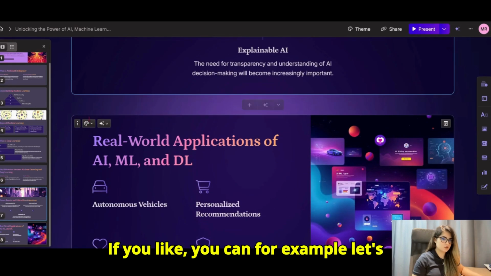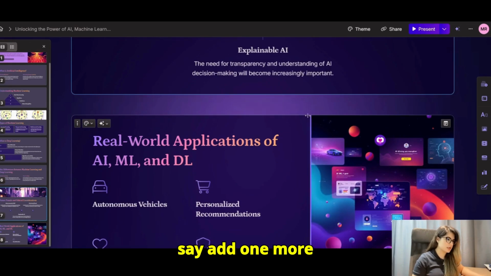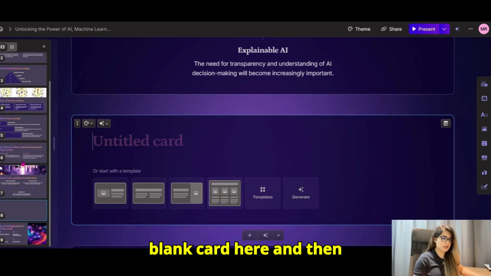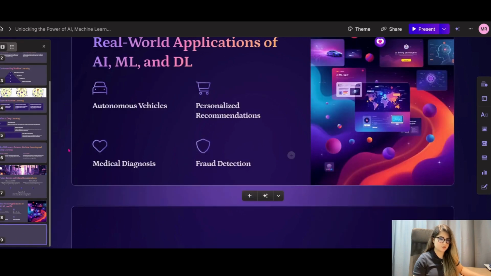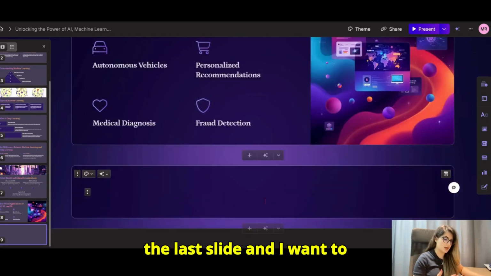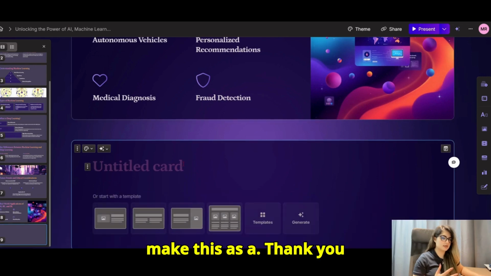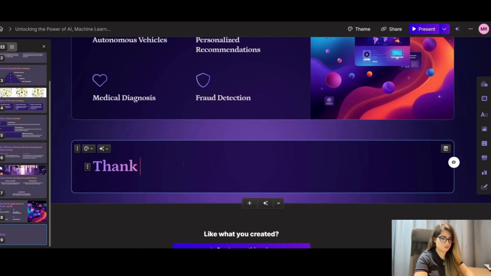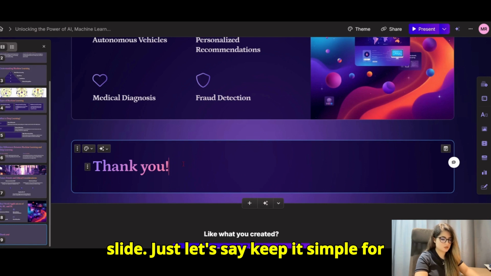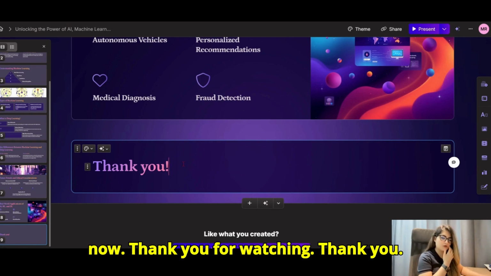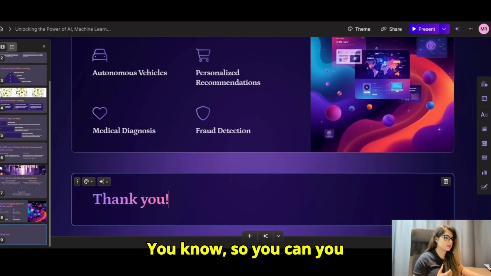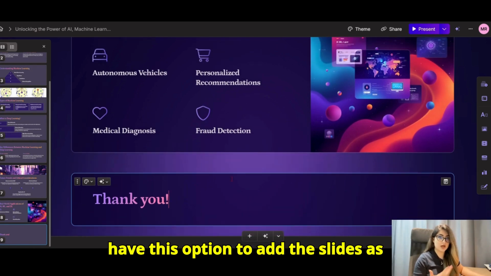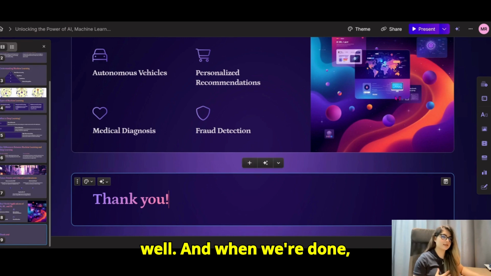If you like, you can, for example, let's say add one more black card here, and then I want to have this after the last slide, and I want to make this a thank you slide. Let's say keep it simple for now. Thank you for watching. Thank you. So you have this option to add slides as well. And when we're done,